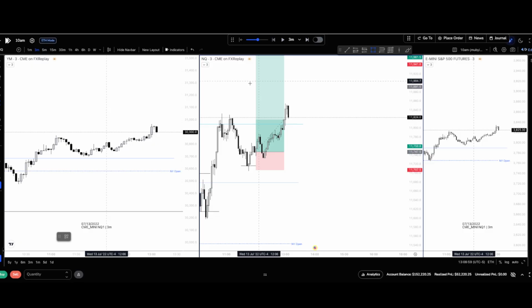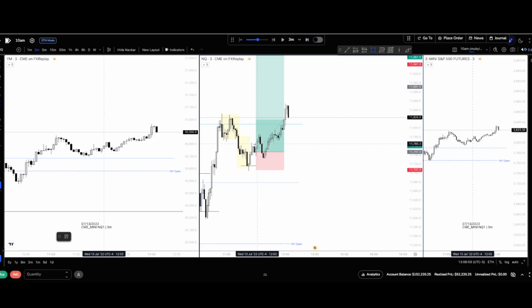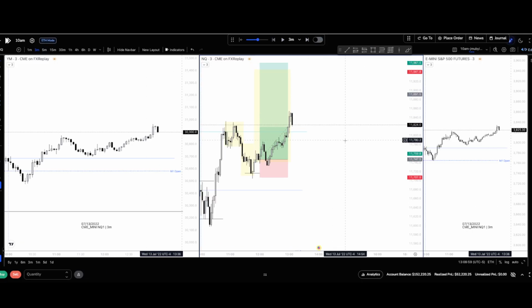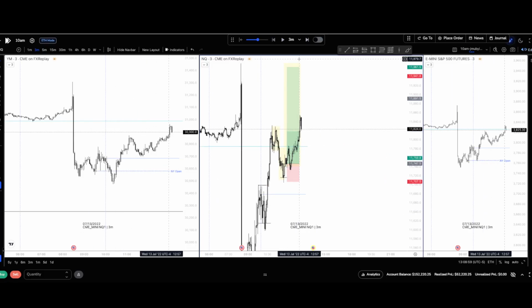Where am I reading the accumulation? Accumulation, manipulation, distribution. To where? Data highs. Right? So